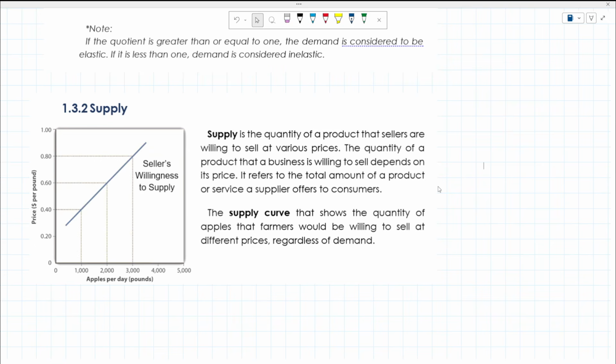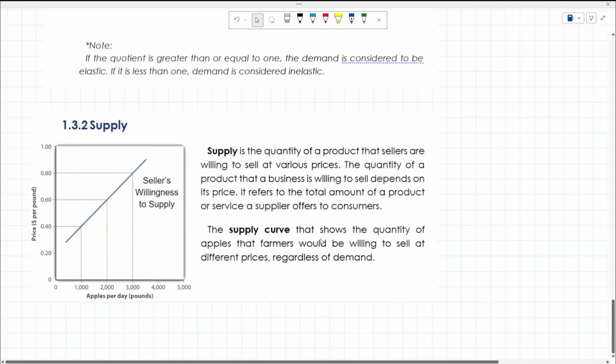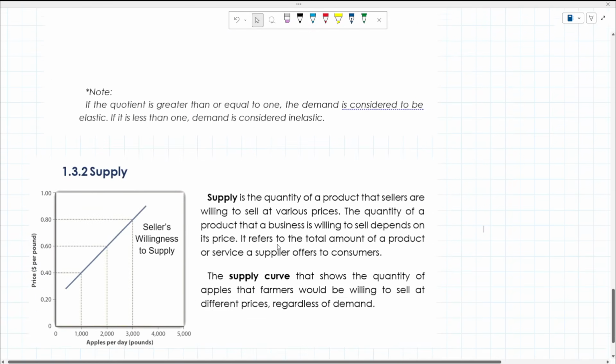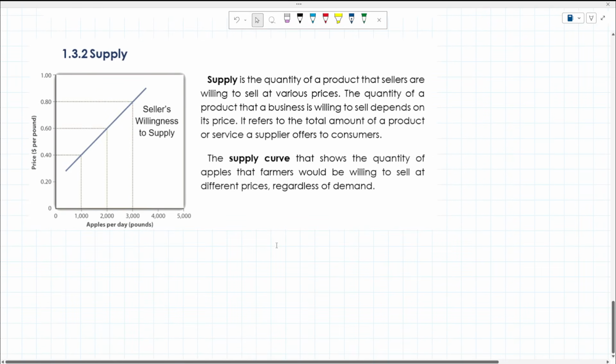a greater amount. Okay? As I mentioned, the demand side explains that buyers are demanding lower prices in exchange for buying a huge number of products. While the supply curve indicates that the seller is not willing to sell if they're just sold at a lower price. Kung babaratin lang, hindi siya magbebenta ng ganito karami, no?